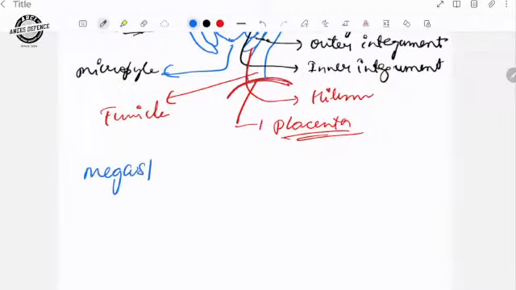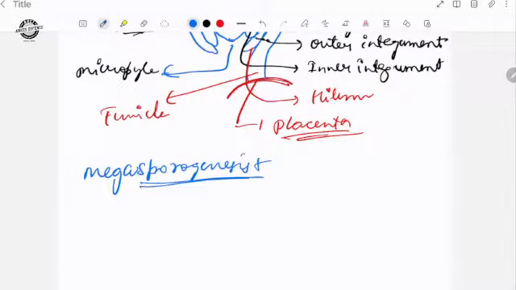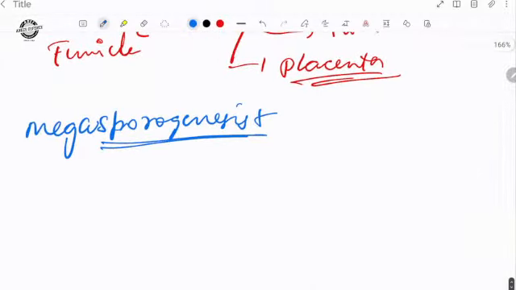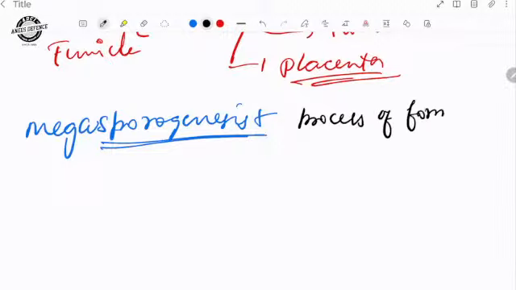Microsporogenesis is the process through which pollen grains, the male gametophyte, are formed. Megasporogenesis is the process through which the female gametophyte, that is the egg, is formed. The process, we can write here, is the process of formation of haploid megaspore